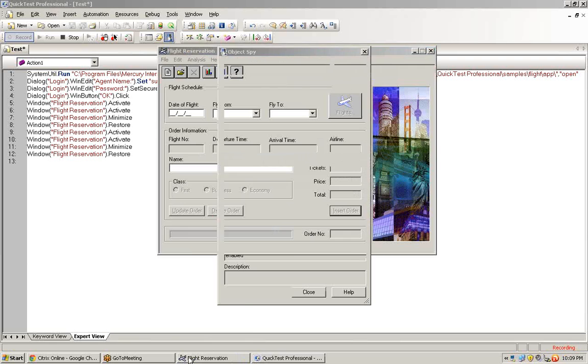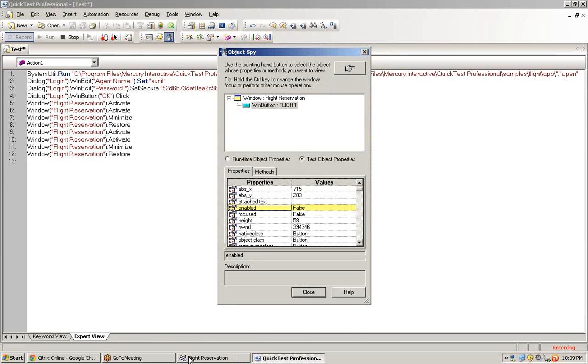So your object properties are important when you want to decide whether those objects are in the expected state or not. Similarly, I can simply set this property. I want to set the property of this object as true, so I'll set the enabled property to true.